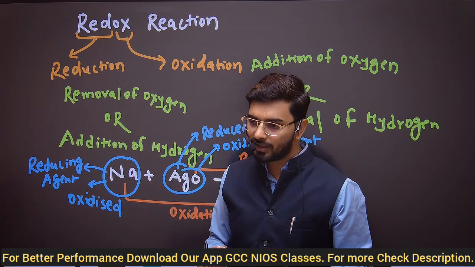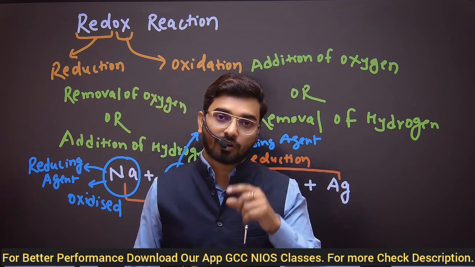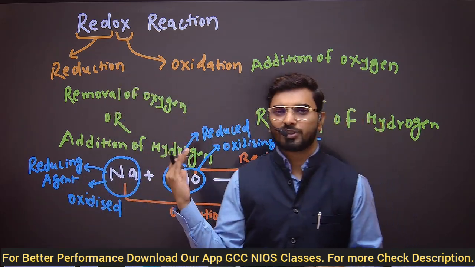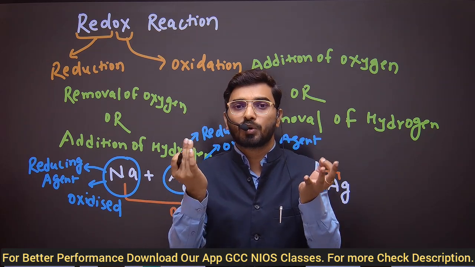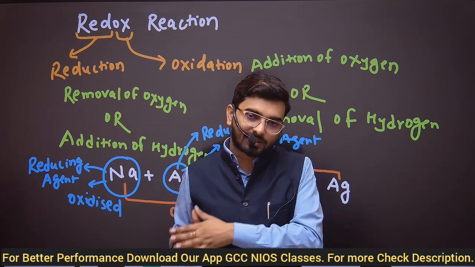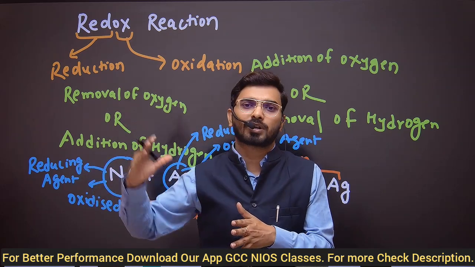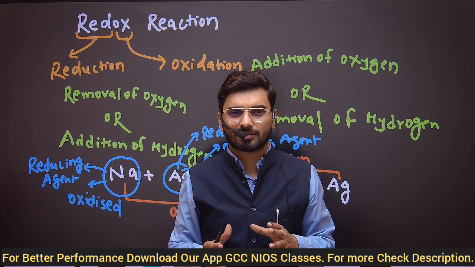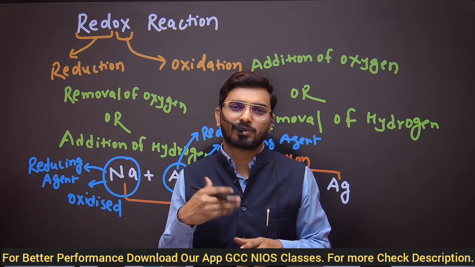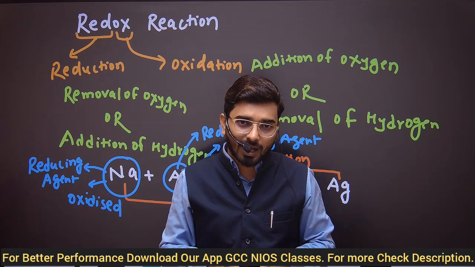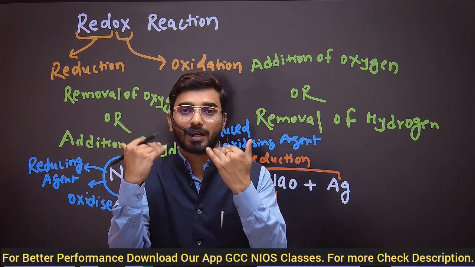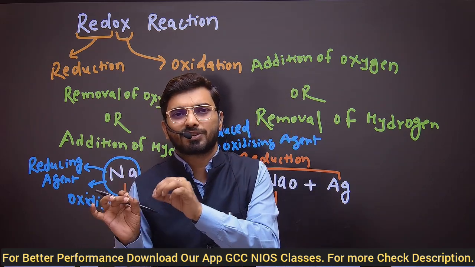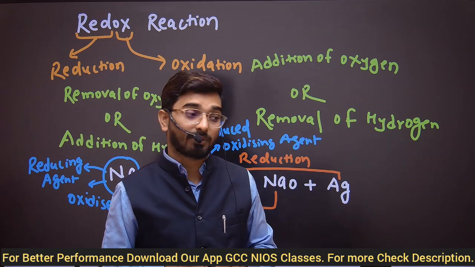You know what, in NIOS we have very short time, and in this short time we have to give our best. When we talk about other boards like CBSE, they have 2 years, 11th and 12th, with a separate exam for 11th and for 12th. That means the number of chapters is less than in NIOS. In CBSE we have 12 chapters, 10 chapters, but in NIOS it's a combination of 11th and 12th. We have 18 chapters, 20 chapters, and we have not 1 year, we have only 2 months, 1 month, 3 months, and we have to do our best.